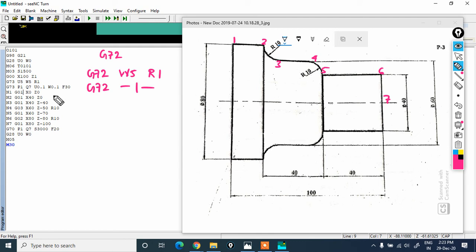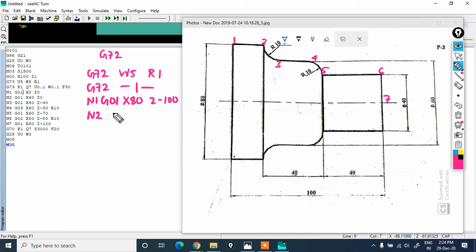Okay, next, N1 block. N1 block, that is this one, G01. X, the diameter is 80 and Z is minus 100. N1 is done, followed with N2.